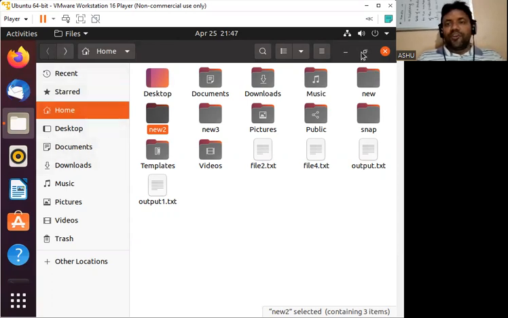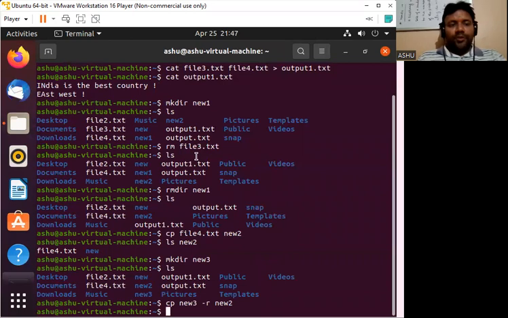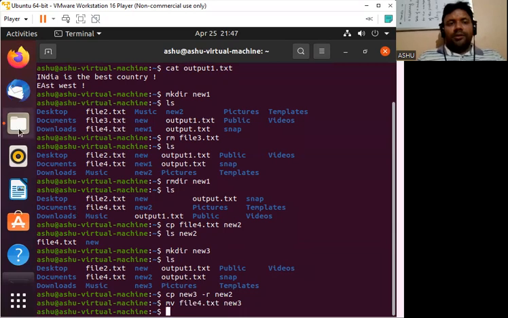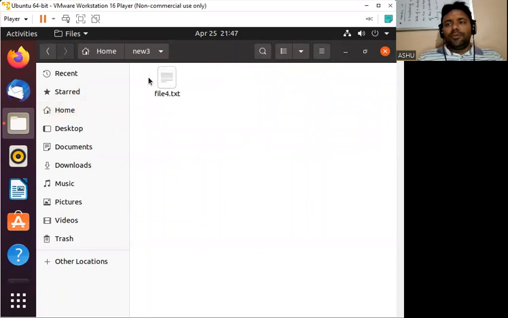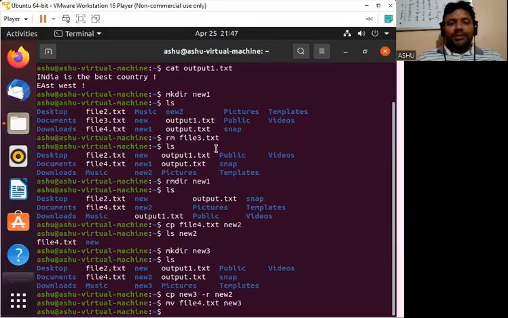You can also use mv to move files around the computer. Suppose I use mv with file 4.txt and then put it in new 3. Now file 4.txt will go into new 3. You can also do this using mv. So these are basic